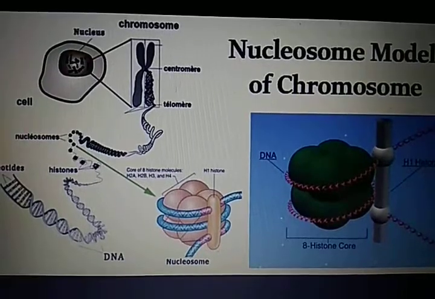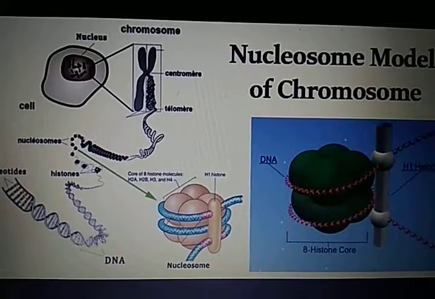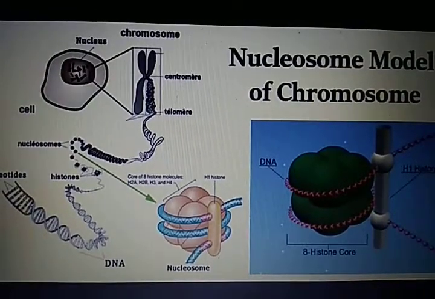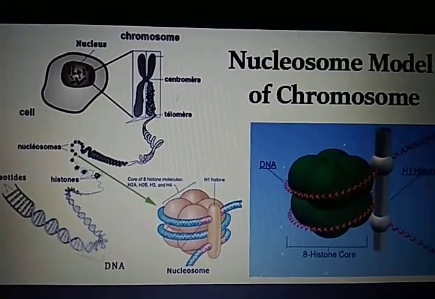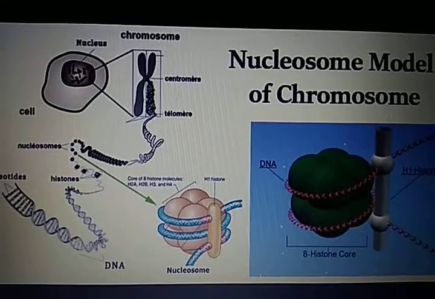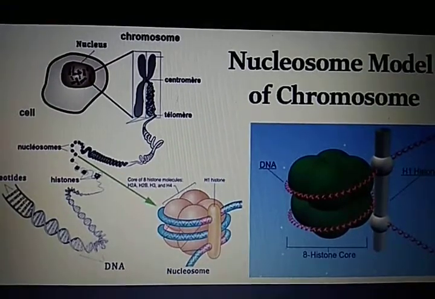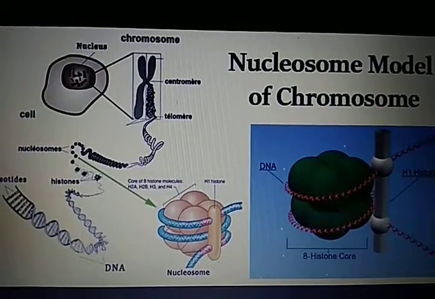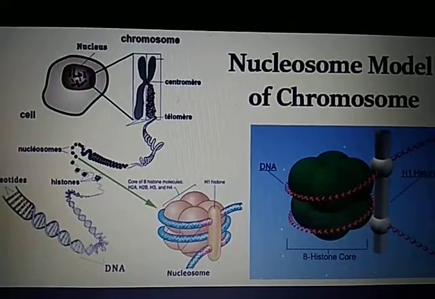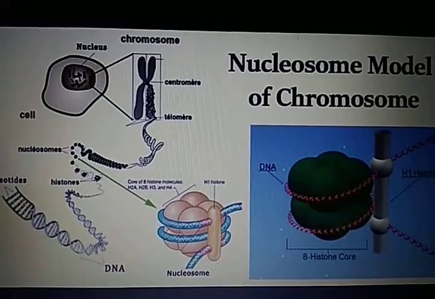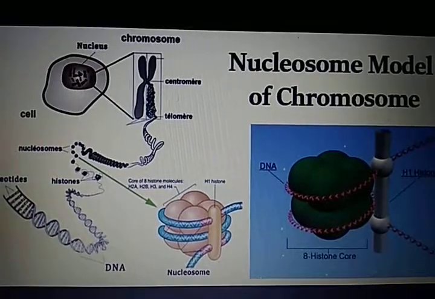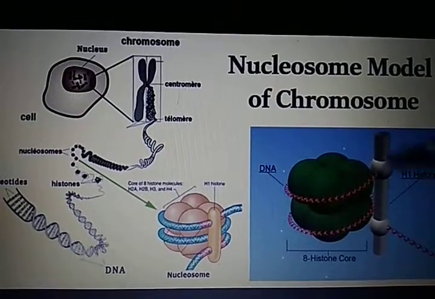Two molecules of each of the 4 core histone proteins form the histone octamer by the formation of one tetramer of H3H4 and 2 dimers of H2A and H2B. Tetramer means the assembly of 4 units and dimers means the assembly of 2 units. So do not confuse the terms. Each of these entities is held together by a so-called handshake motif of protein structure and forms a beads on string like structure. H1 is involved with the packing of the beads. These are the beads which are formed.